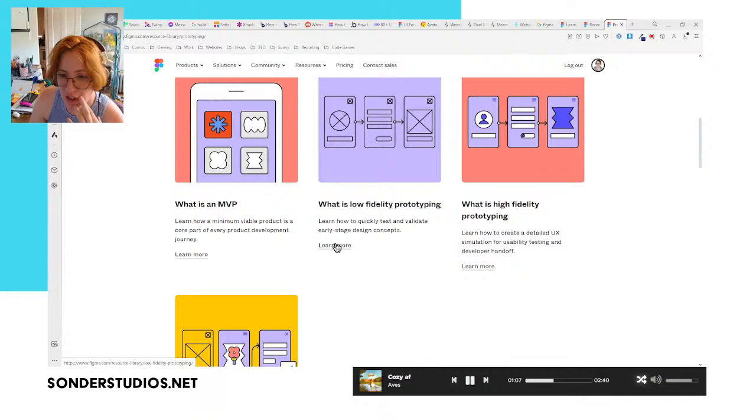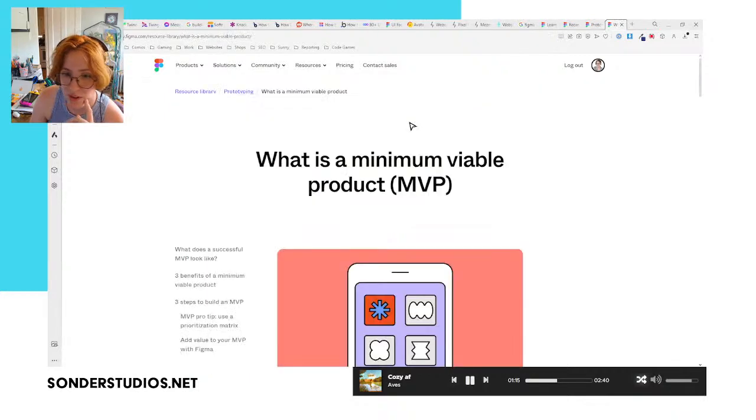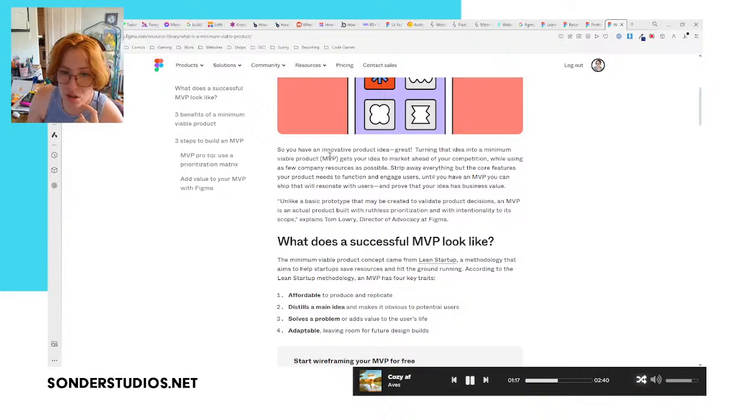What is a low fidelity prototyping? What is an MVP? Minimum viable product is a core part of every product journey in development. So you have an innovative product idea, great. Turning that idea into a minimum viable product gets your idea to the market ahead of your competition, while using as few company resources as possible.